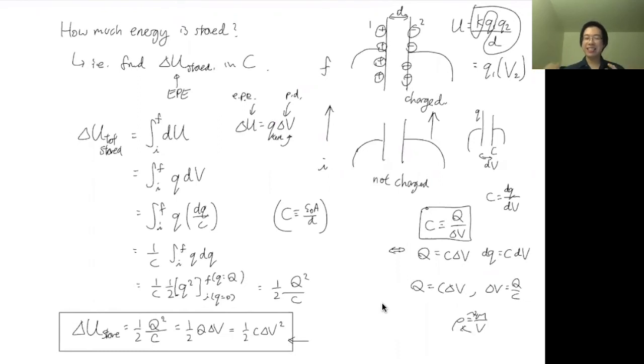But in real life, what you really usually know is the capacitance of the object. If not, just look at the area and the distance, then you know the capacitance. And then you know how much potential difference. You take a voltmeter, put it on two ends and measure, or just look at the battery or whatever you're connecting it to. So these are usually what you can measure. It's harder to measure the actual Q, the actual charge, right? How do you go and actually count how many electrons are on each side? That's harder to do. So in everyday life, that is more useful. All right.